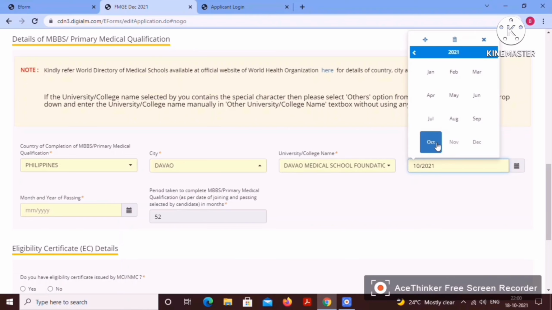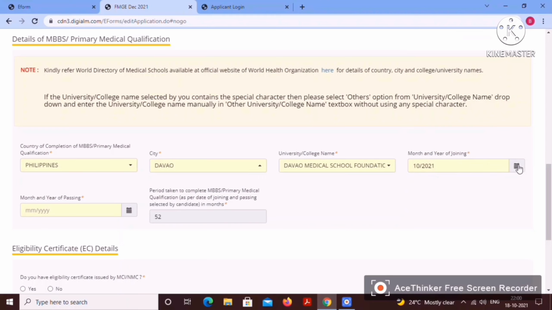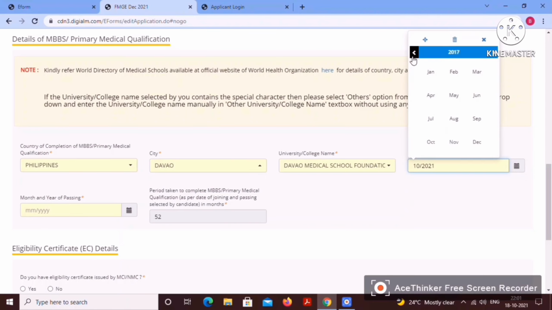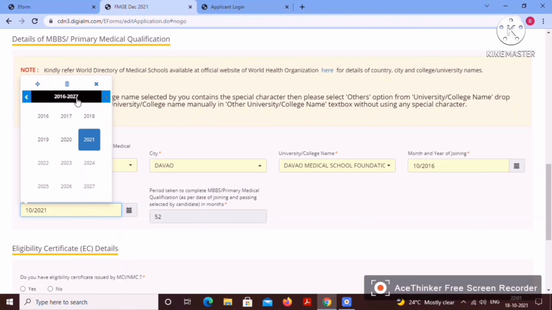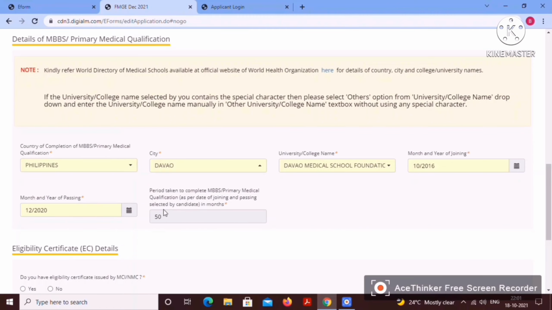For example, I just keep October 2016. And the month and year of passing is December 2020. So here, 50 months is the minimum you have to study outside the country.